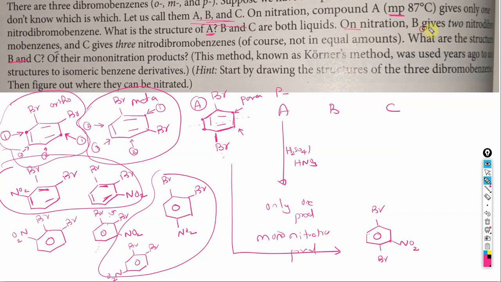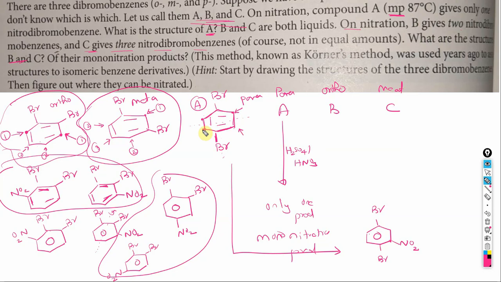On nitration, B gives 2 dinitrobromobenzene. So B gives 2 dinitrobromobenzene, which means we see that this structure that you see here gives you 2 possible products, not 3, not 1, but 2. Therefore B has to be the ortho. A is para dibromobenzene, B is ortho dibromobenzene, and obviously C is the one that gives you 3 dinitrobenzene. So C gives you 3 nitro dibromobenzene, right? So location 1, location 2, and location 3, and therefore C has to be the meta